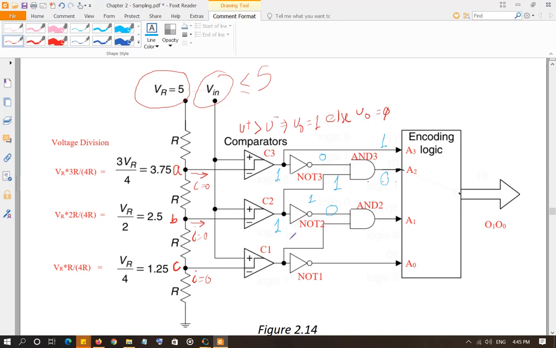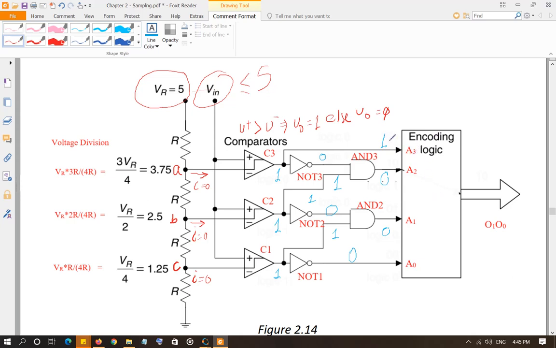Right? And then C1 is going to be the same thing. Since the negative input of C1 is at 1.25, positive will be greater than 3.75. So it is going to be 1 here. And this one is going to be carried over here. So AND 2 output is also going to be 0 because the input is 0 and 1. And then the last NOT gate is going to produce a 0 as well. So your